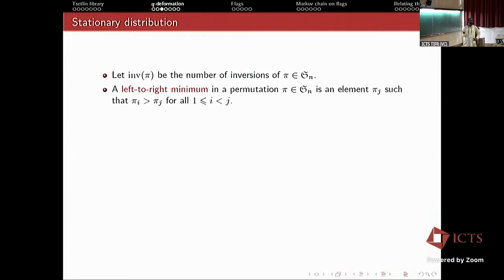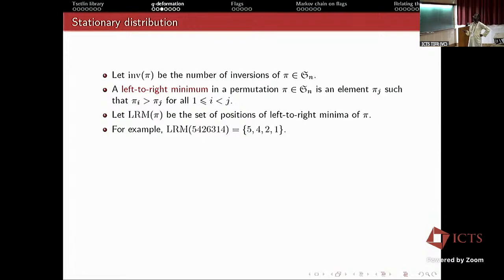To define the stationary distribution, take some notation. Let inv pi be the number of inversions, which you all know. This you may not know, but it's not difficult to define. A left to right minimum in a permutation is an element pi j such that it's the smallest when you read from 1 through j. These things occur in statistics, for example, as records. And we let LRM be the positions of left to right minima. So here, for example,